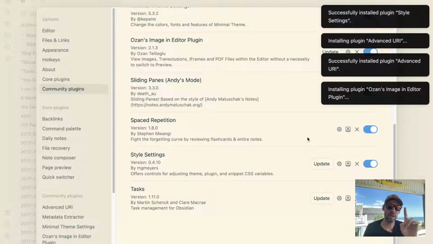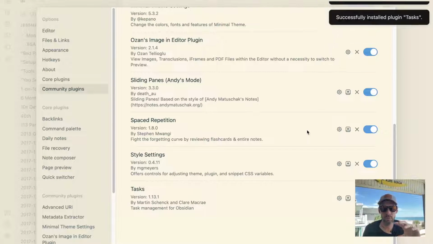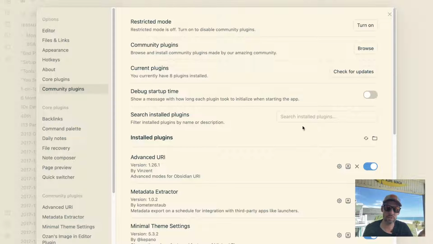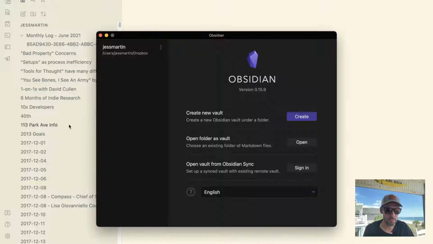The reason I'm doing this, by the way, is I just mentioned that all of the settings are stored in that .obsidian directory, and what we're likely going to do is drag that .obsidian directory over onto our new vault in order for it to be configured appropriately. So I just wanted to run all the updates before I did that, to try to avoid any potential problems in this migration.